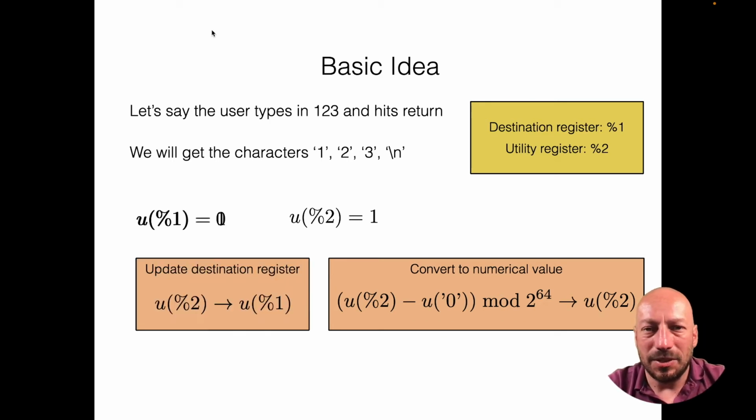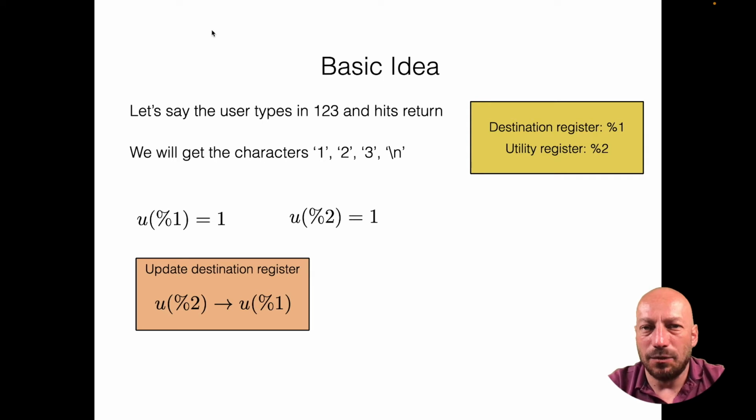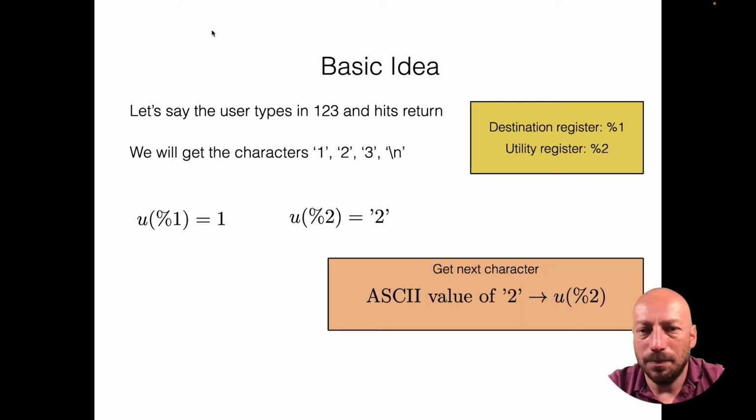So this step here is kind of surprising because it means that, first of all, I don't have to initialize this register first if I'm overwriting it anyway. And you will also see that this step needs to be reconsidered in a more general way to do this reading of an integer. Okay, but anyway, the next step would be to read the next character, the character 2,